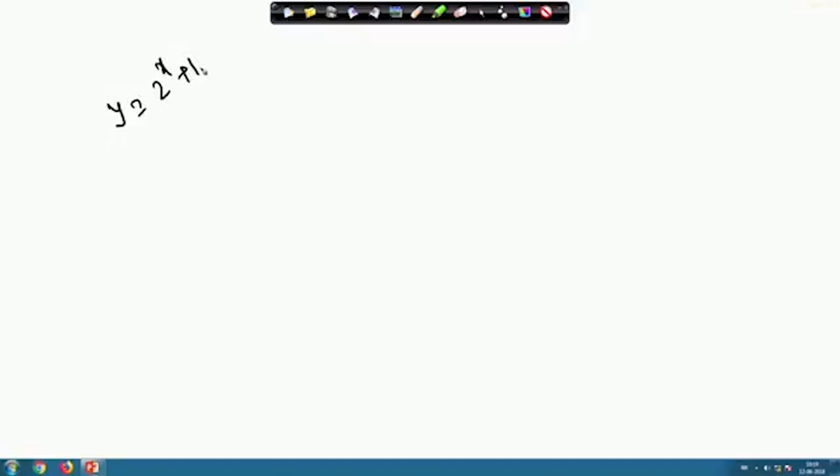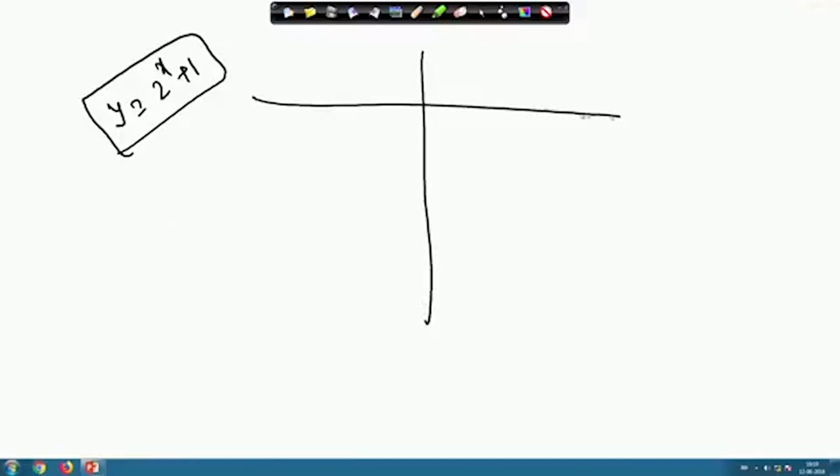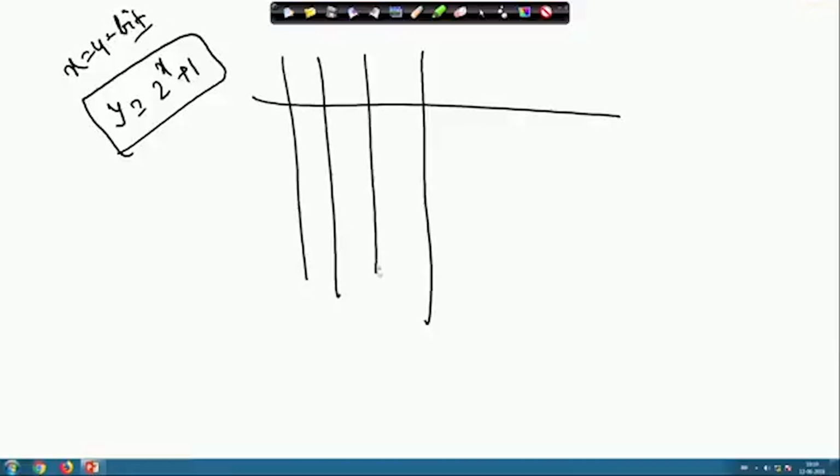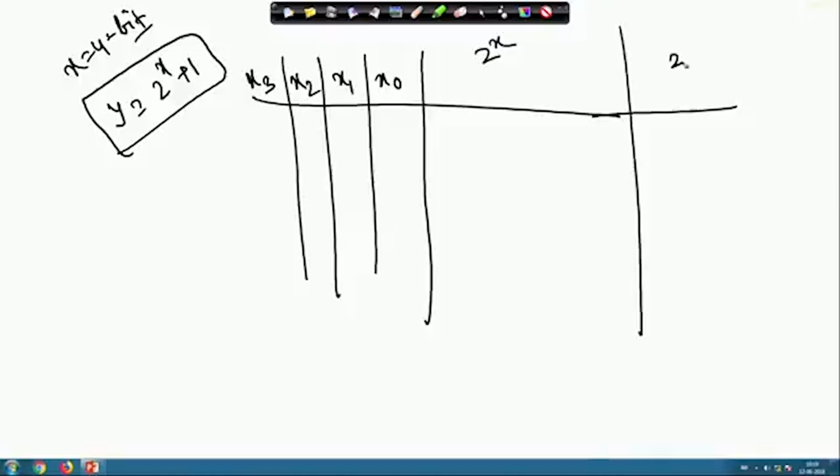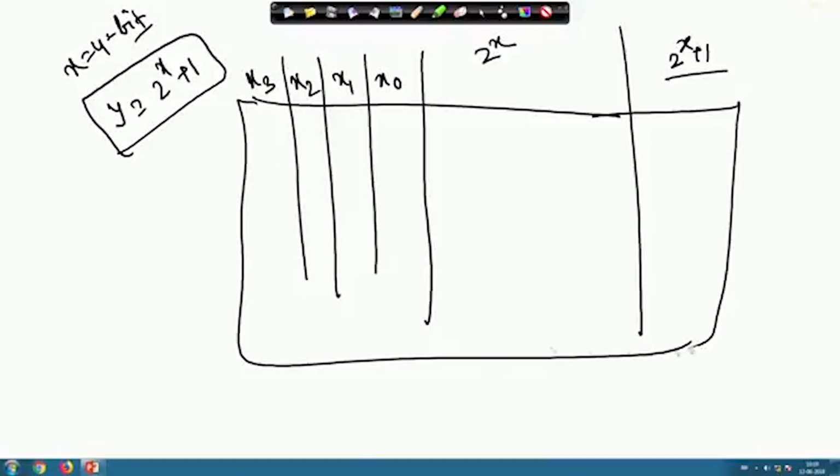Whenever we designed this 2 to the power x plus 1, how did we design it? Initially, considering x as 4 bit, we plotted x 3, x 2, x 1 and x 0, and for that what will be the 2 to the power x value, and then we have to find out 2 to the power x plus 1. And after getting this operation table of this particular circuit,